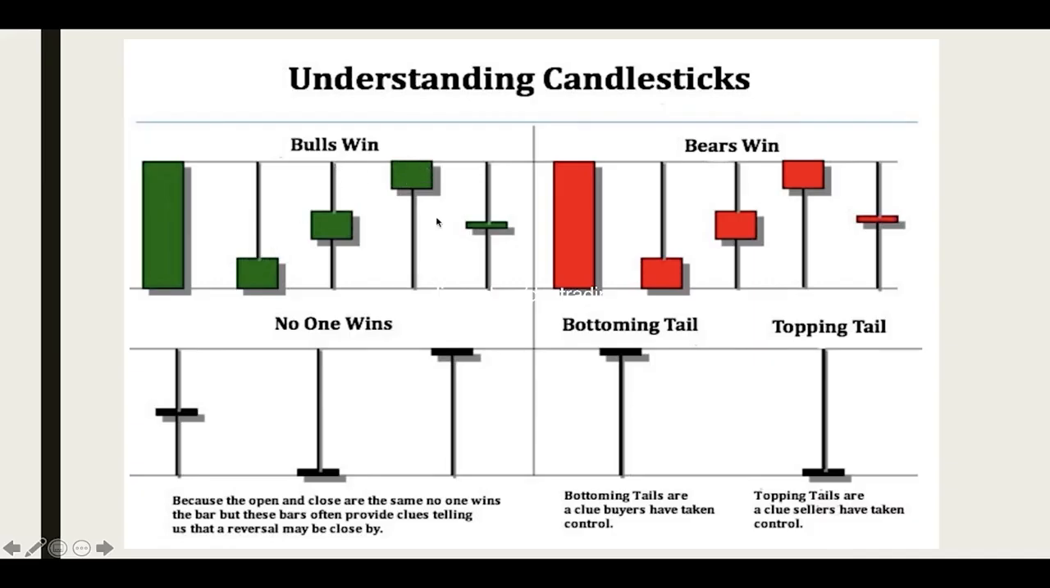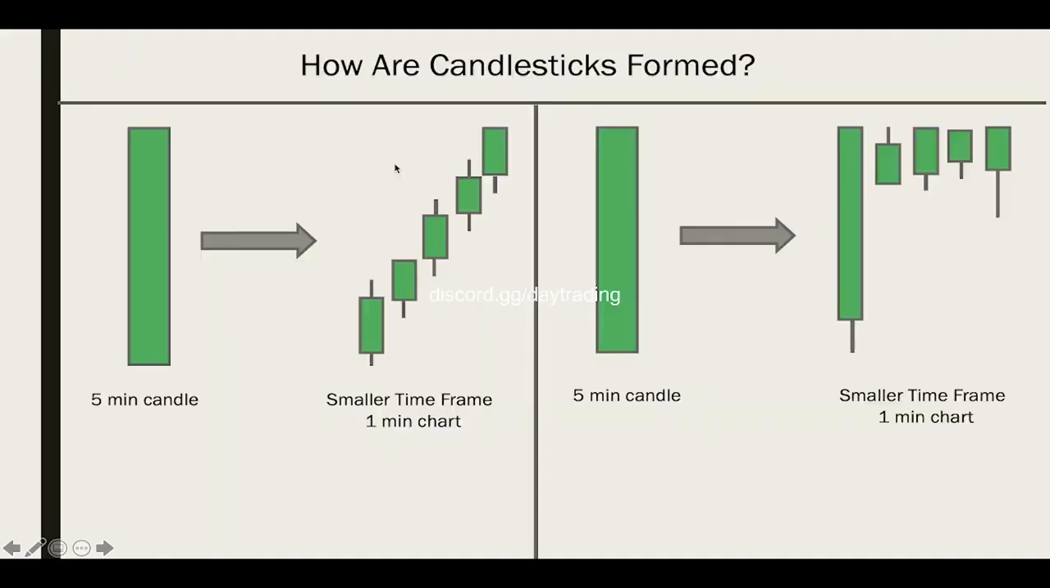If we look at this candlestick, you could see that the tail is actually on the bottom. So this is a bottoming tail. And bottoming tails are a clue that the buyers have taken control, right? Because we opened at this price, the sellers sold it and brought it all the way down to here just for the buyers to come back here and bring it all the way back up, right? So the sellers tried to bring it down, but then the buyers brought it right back up to finish at